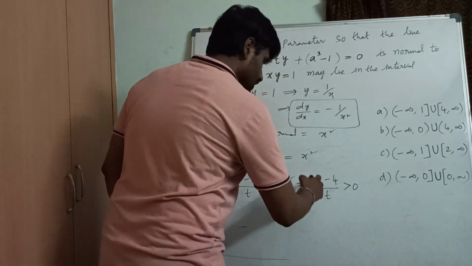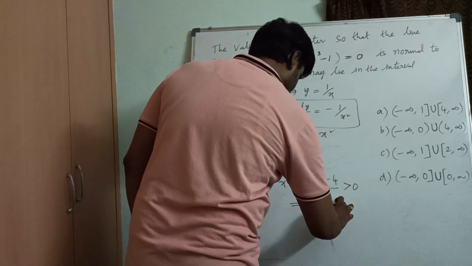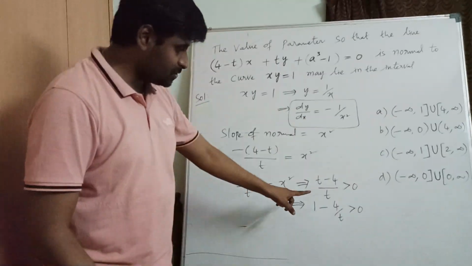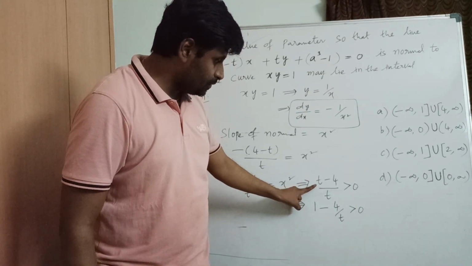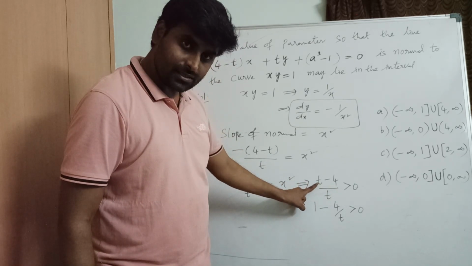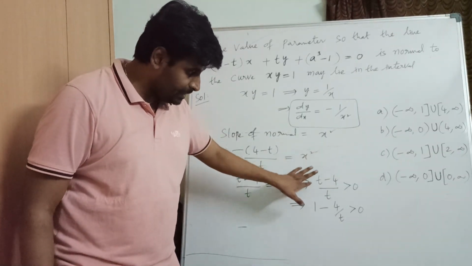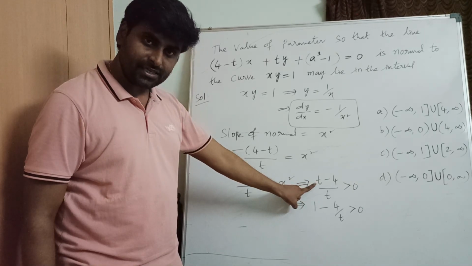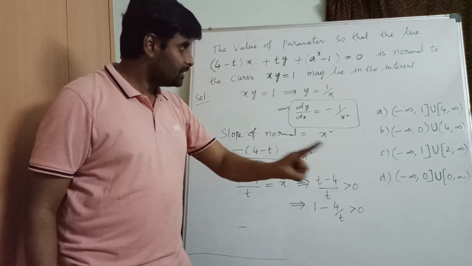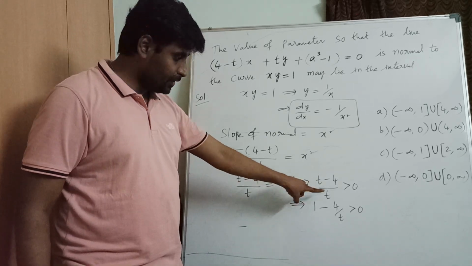Okay, so now see here when this will be possible. Just check it out. 1 - 4/t greater than 0. Just observe from this only. So can I substitute t values above 4? If I substitute above 4, the numerator will become positive, and the complete fraction will be positive. If I substitute 5, 6, 7, like that, then 4 to infinity is one interval. So can I put 4? No. After 4, any value we can put.